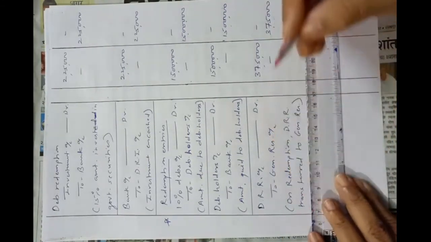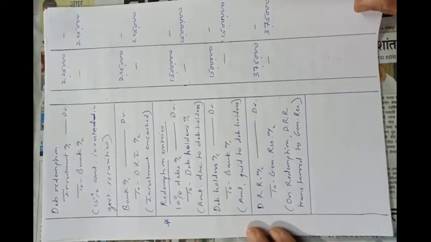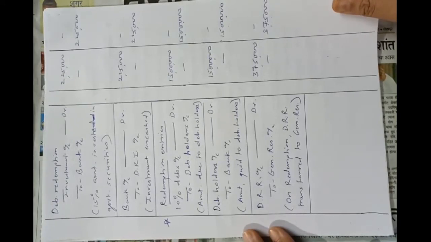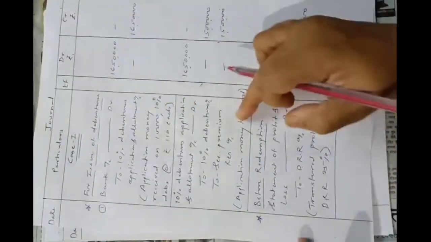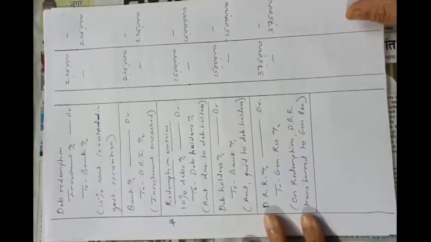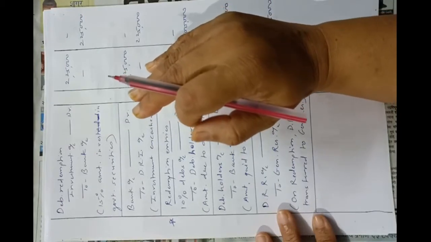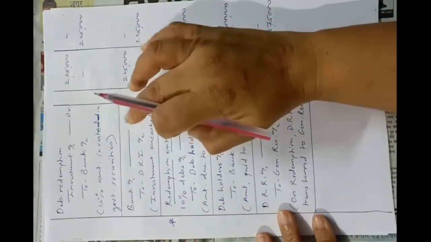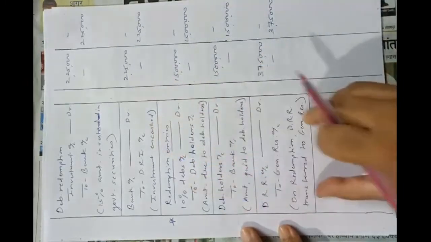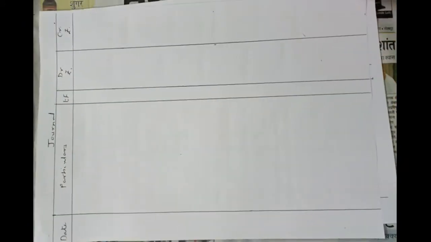So we have completed entries in first case of this problem, that is 15,000, 10% debentures of ₹100 is issued at 10% premium and repayable at par. These two entries are of issue of debentures. Before debentures they have to create DRR and purchase investment. On the date of redemption they will sell the investment, that is encash the investment, and these are the actual entries of redemption of debentures. Okay, now we will pass the journal entries in second case.